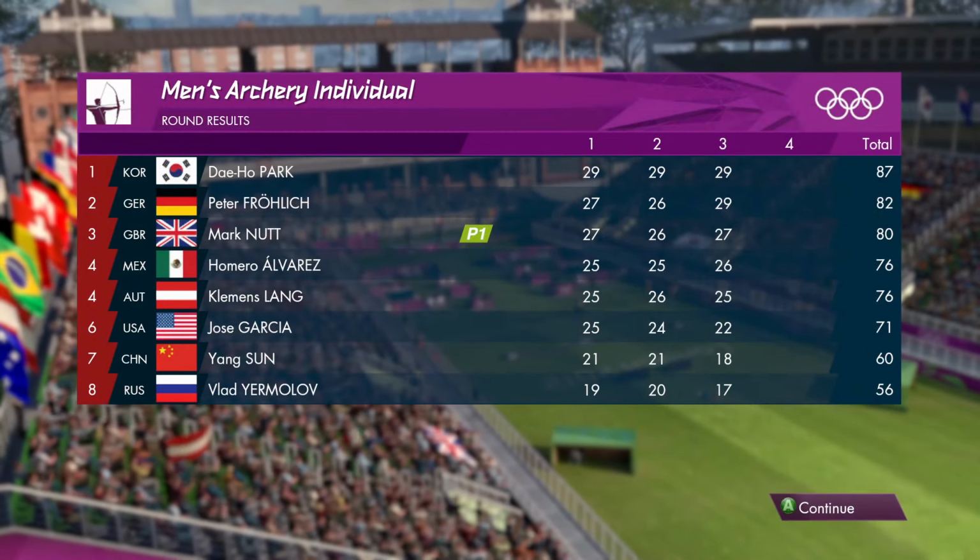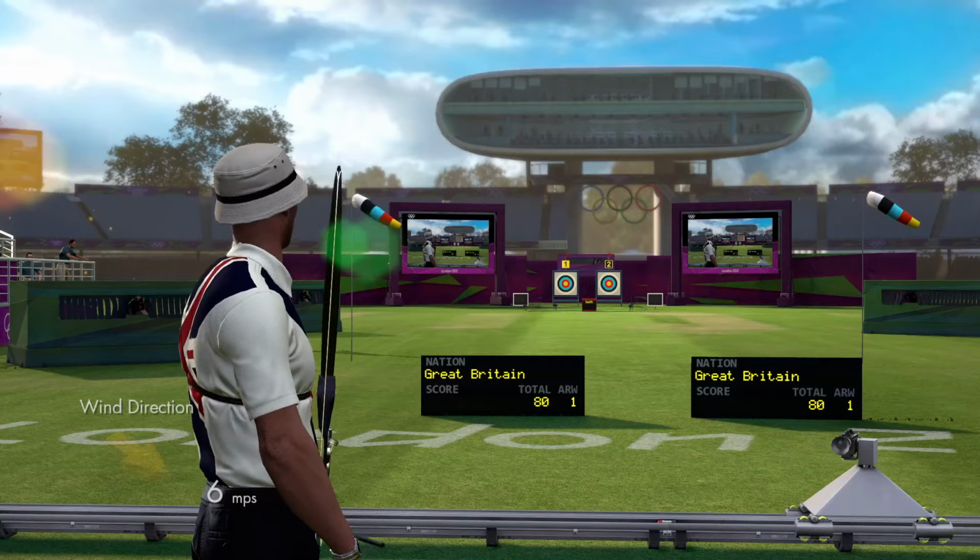Well, in the top 3 after that last round, 3rd place is a good position to be in. This is the first arrow of the final end. Well, they'll be delighted with the start. This is arrow number 2 for this athlete. Well, that's a good follow-up arrow. 2 gone, 1 arrow to go. You can add 8 for that. Here's the replay of that. Well, this athlete celebrates an understandable...